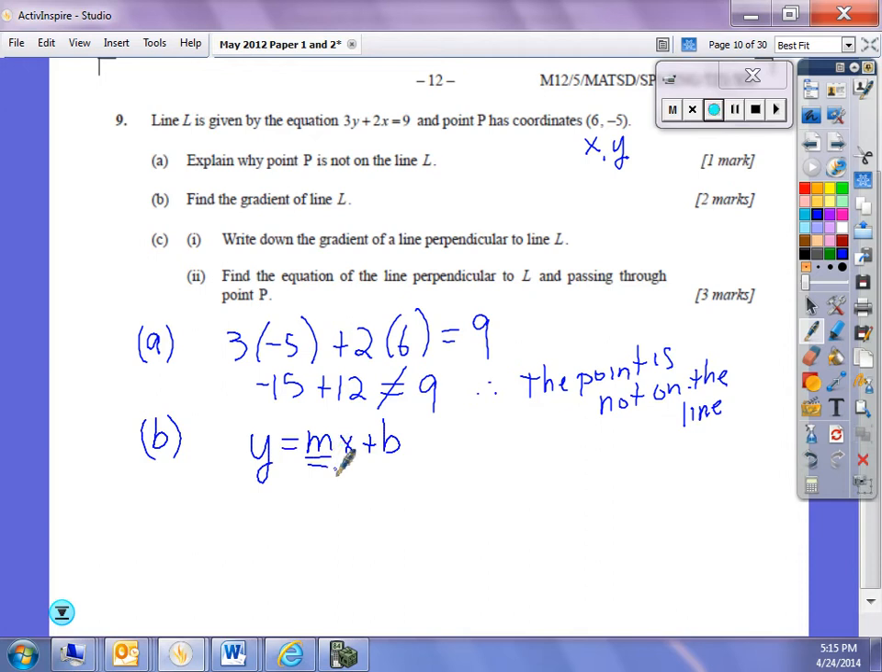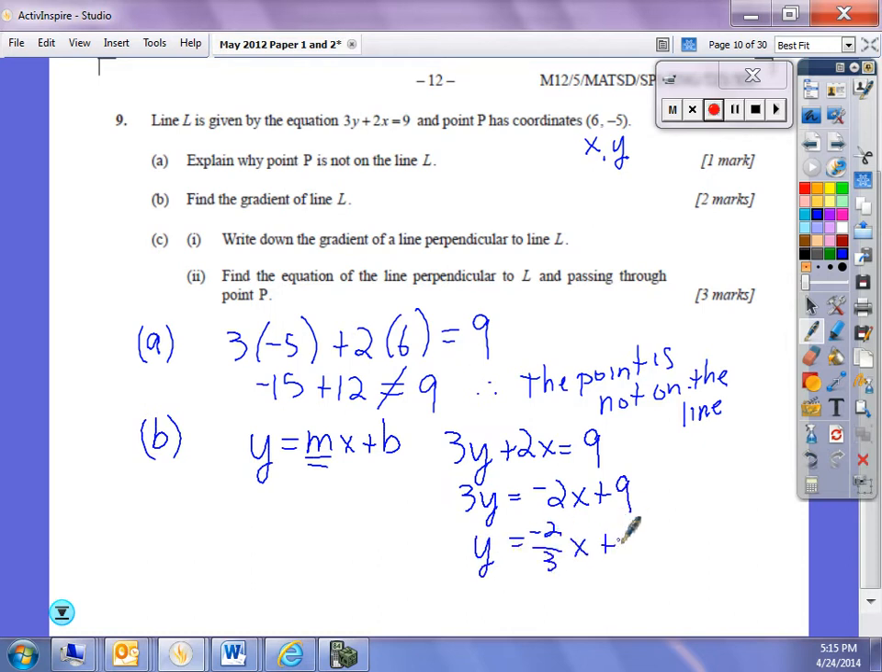So I'm going to take the equation 3y plus 2x is equal to 9. I'm going to solve for y. 3y is equal to -2x plus 9. I moved the 2x over to the other side, and I'm going to divide through by 3. Y is equal to -2/3 x plus 9 divided by 3 is 3. So the slope is equal to